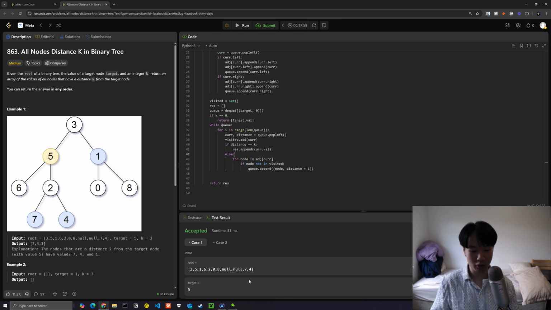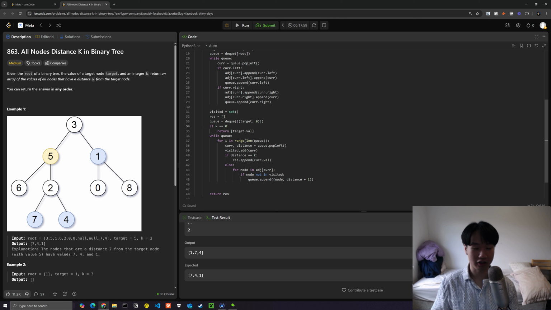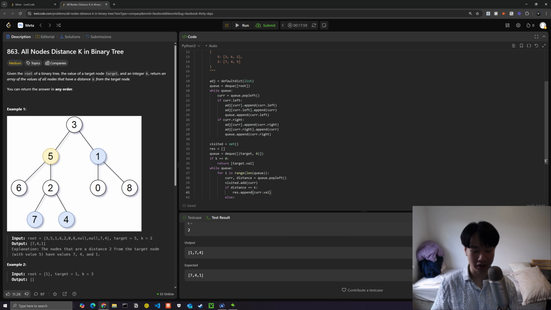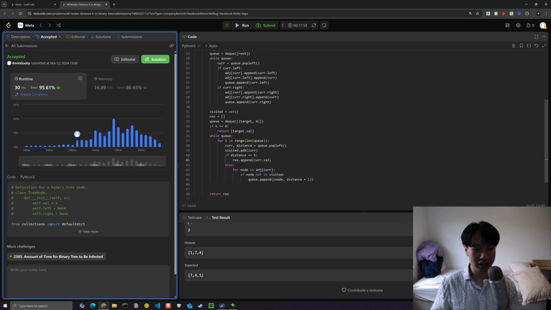Okay, yeah, so this way we do what we were talking about before. We take a look, and then we check to verify that it's not in visited before we do it, and then we add all of the children to the res, and once the distance is equal to k, that's when it's going to be its final result. So if we go ahead and submit this, all test cases passed, and it's pretty efficient,